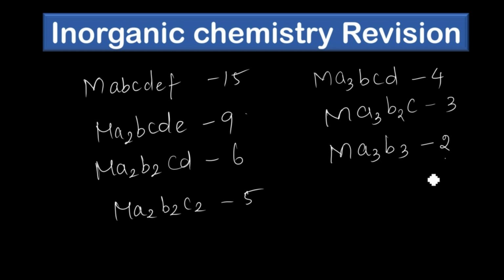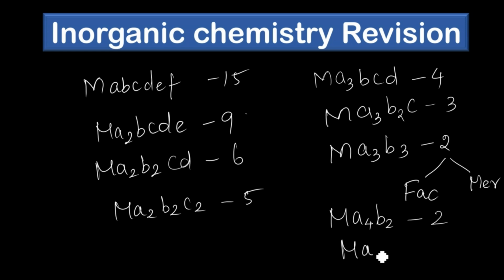having 2. Those 2 are fac and mer. This is not cis and trans, fac and mer, the triangle part. Okay, you remember MA4B2, that is 2, cis and trans. Then once again MA4BC also 2, that is cis and trans. So totally how many? 1 2 3 4 5 6 7 8 9. So 9